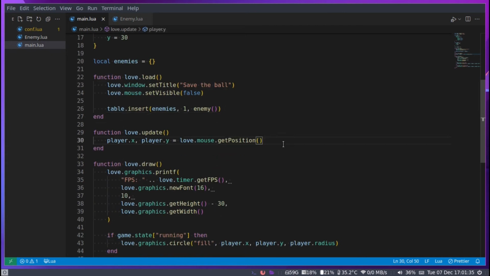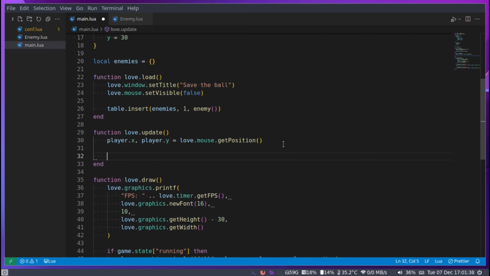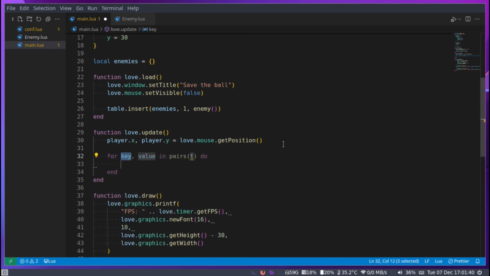Now here in update, before we can actually try and use this enemy, we need to basically, for i equals 1, until the number of enemies, and then do. So basically, for every enemy inside of this enemies table, currently we only have 1, but later we'll have more. We want to go enemies, and then add that index, so index i,